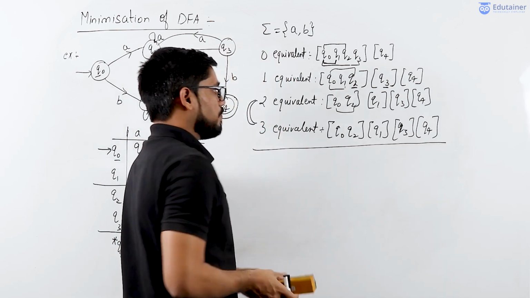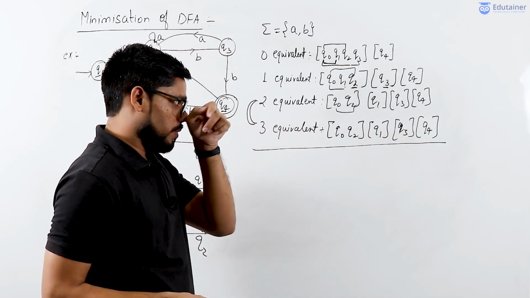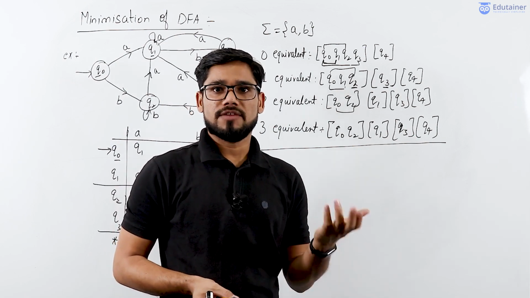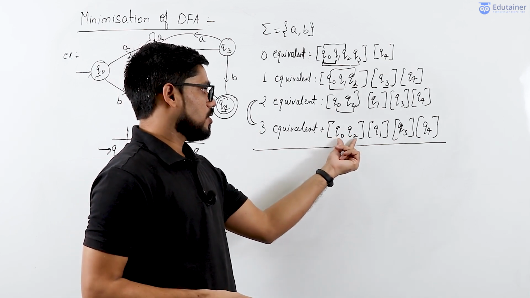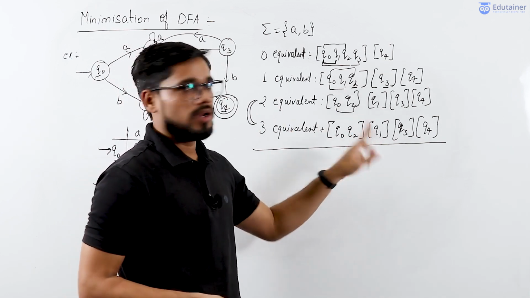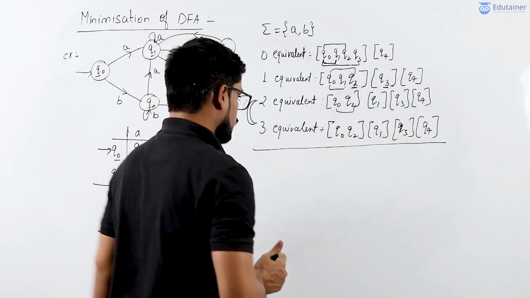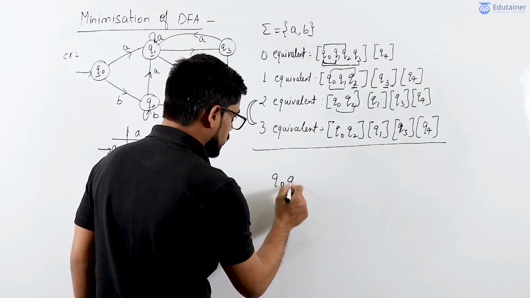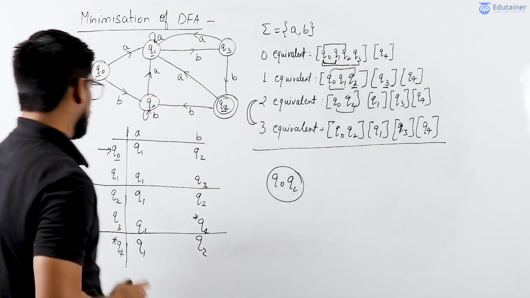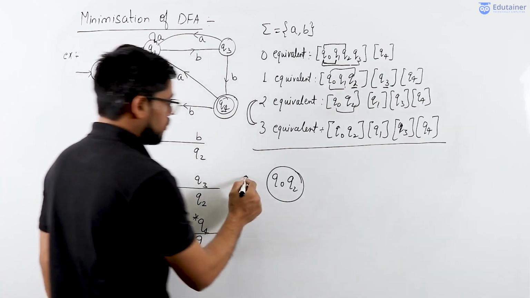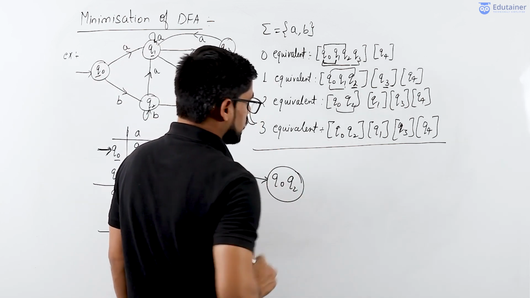And finally, how many boxes are present here? There are four different boxes present. So the final minimal DFA will contain four different states. The four different states will be respectively Q0, Q2 as one state, then Q1 as the second state, Q3 as the third state, and Q4 as the fourth state. So if I draw the transition diagram, what is the initial state? Here in this transition table, the initial state is Q0. So definitely Q0, Q2 is the initial state,